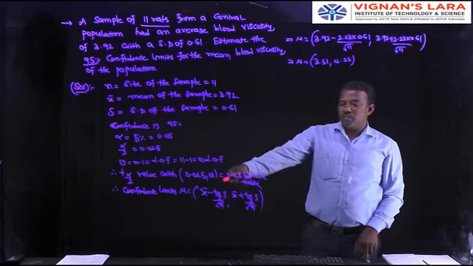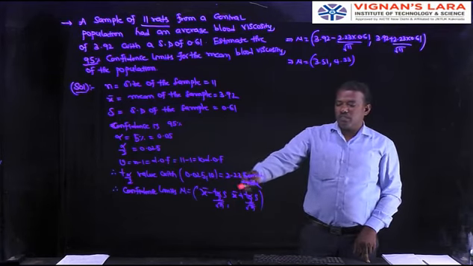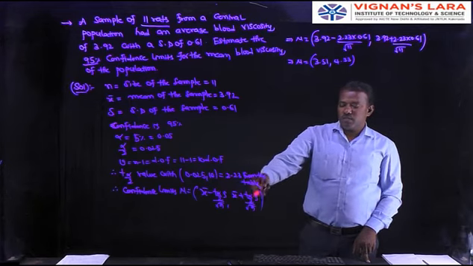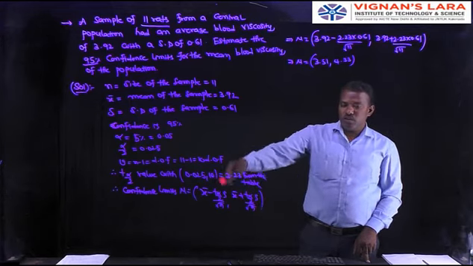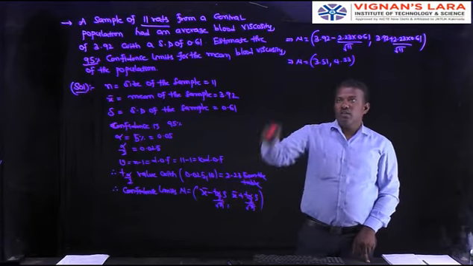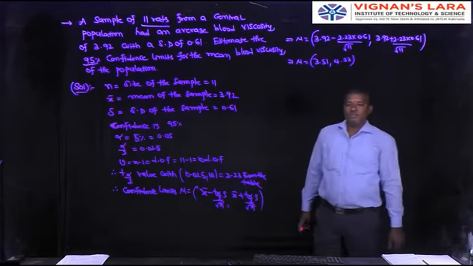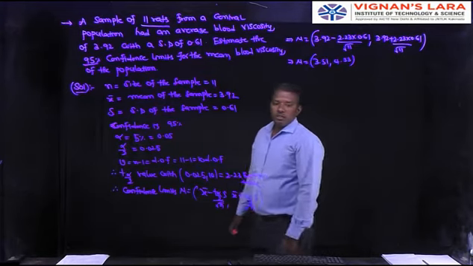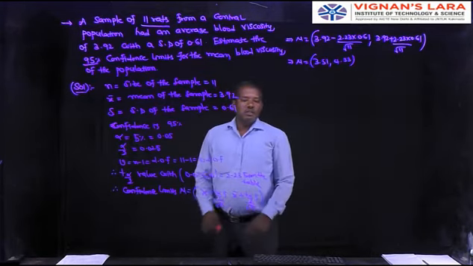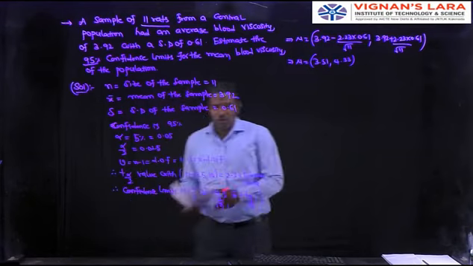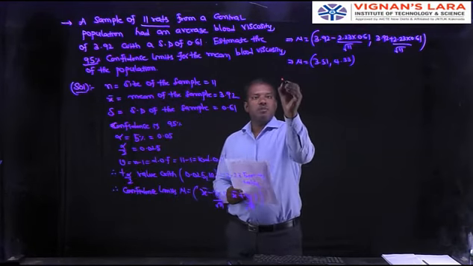So the confidence limits formula is mu equals x bar minus t alpha by 2 into s by root n, comma, x bar plus t alpha by 2 into s by root n. We know all values. Substitute, and we get the value of mu lies in between 3.51 and 4.33. Then coming to the next problem, a random sample of